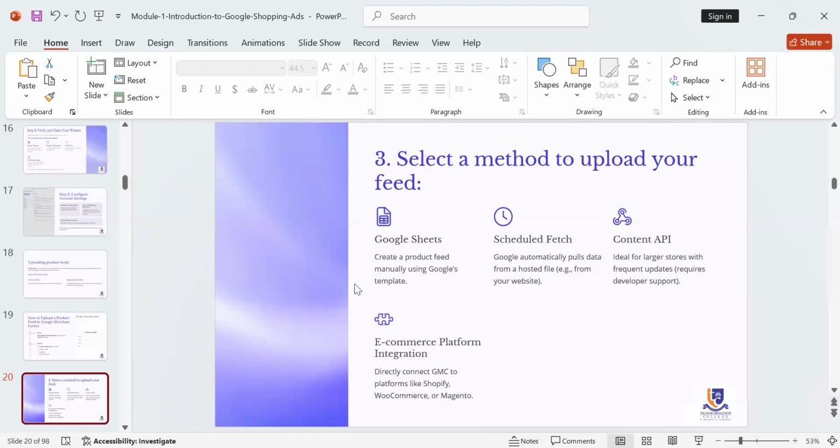Okay. So one thing in a Google feed is that it could also be in a form, so it could be from your website. My source was from my website. Content API. This one is ideal for frequent updates. So if, let's say, Amazon for example, they are the ones that would use Content API because they are a larger store. They're in different countries, and they